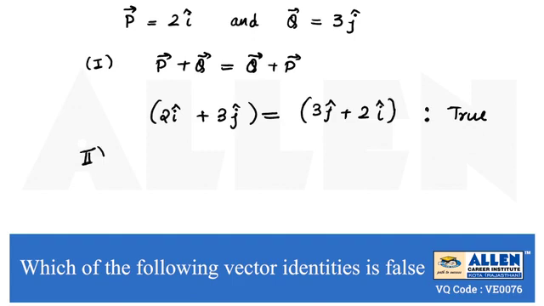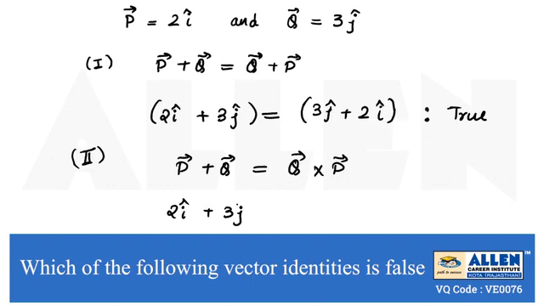Now we will check the second statement in which it is given p vector plus q vector is equal to q vector cross p vector. So we will write p vector as 2i cap and q vector as 3j cap. On the left hand side we have to add these vectors and on the right hand side we have to cross multiply these vectors, that is 3j cap cross 2i cap. So on further calculating we will get